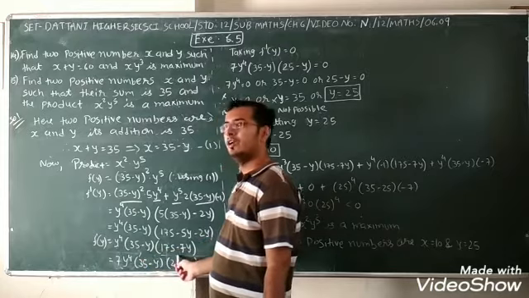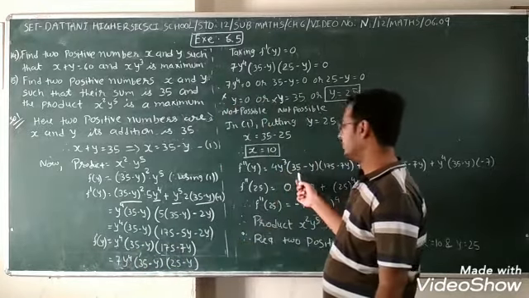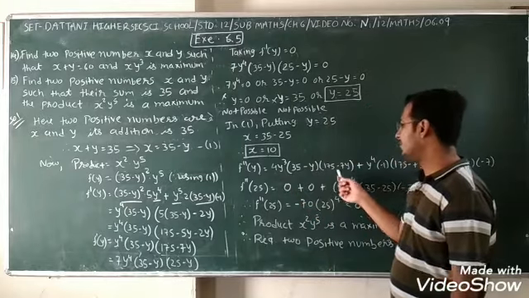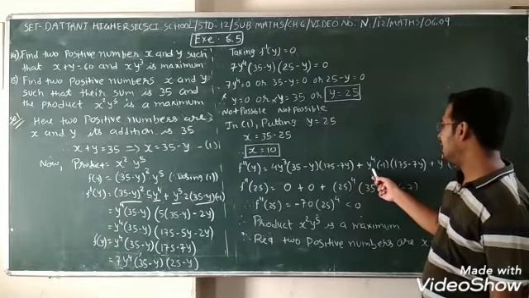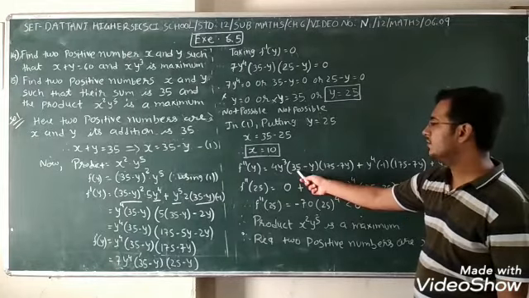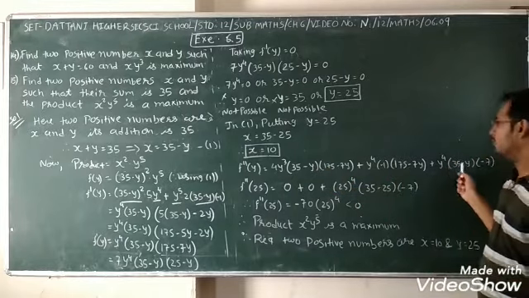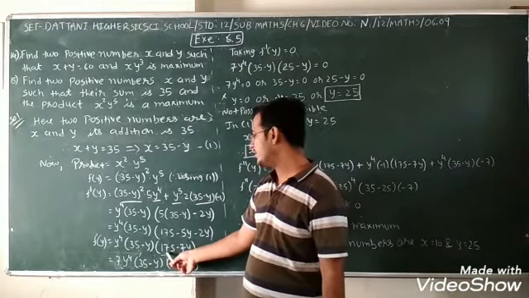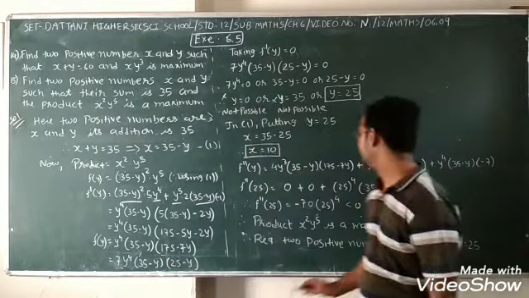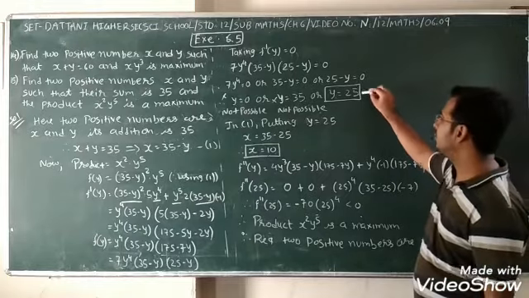1, 2 as it is, third derivative. Y raised to 4 means 4y cube. 35 minus 5, 175 minus 7y as it is. Plus y raised to 4, 35, derivative of 0, y minus 1 as it is. Y raised to 4 and 35 minus 5 as it is. Derivative of this 0 minus 7, so minus 7. Okay. Now I want to put 25.